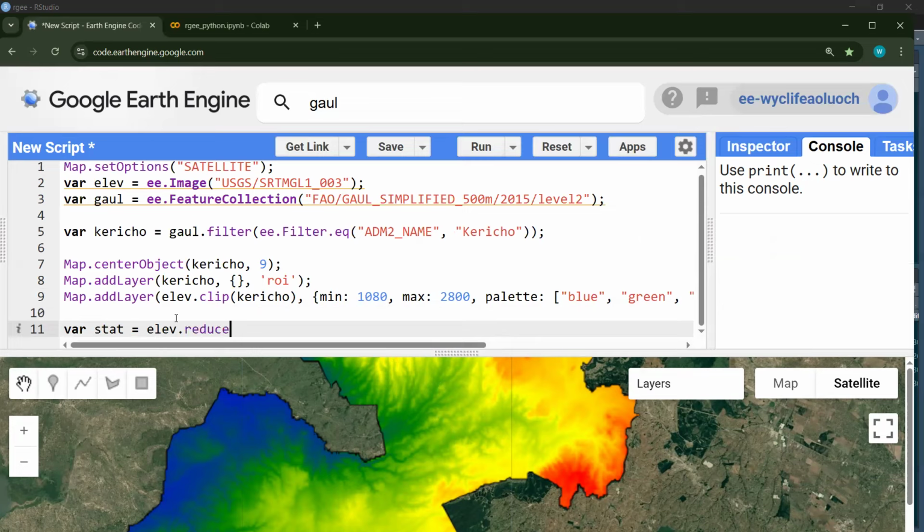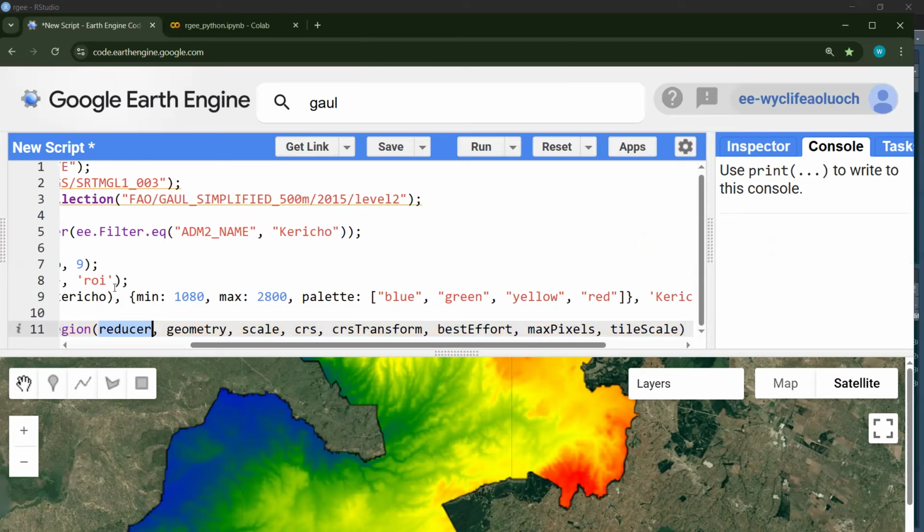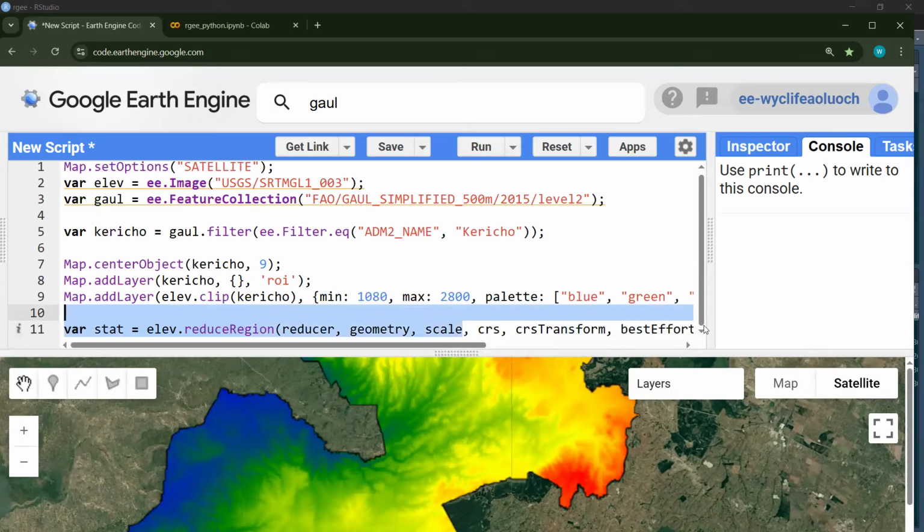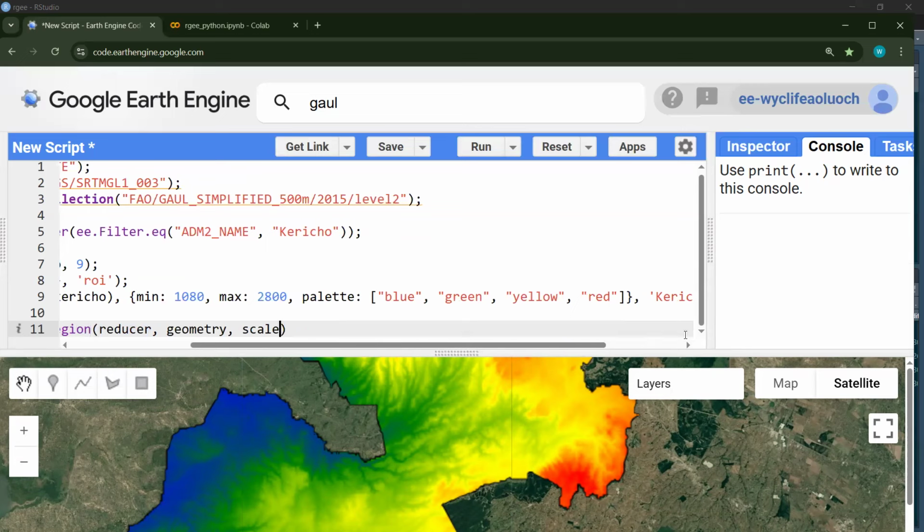and we reduce region because it's just one region, Kericho. So to reduce region, I used Control and spacebar to give me all these arguments. We won't need most of them. We just need the first few. Okay, so for the reducer, we will use